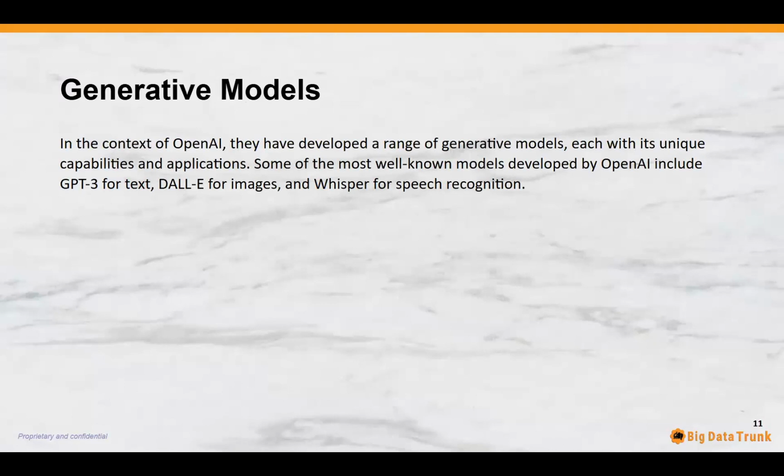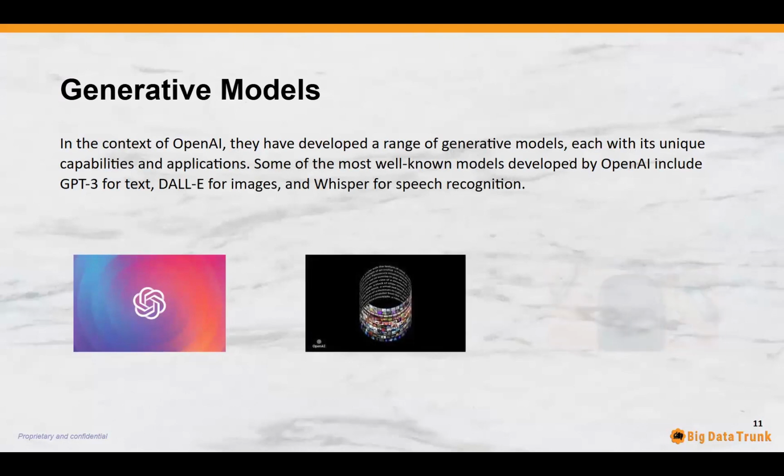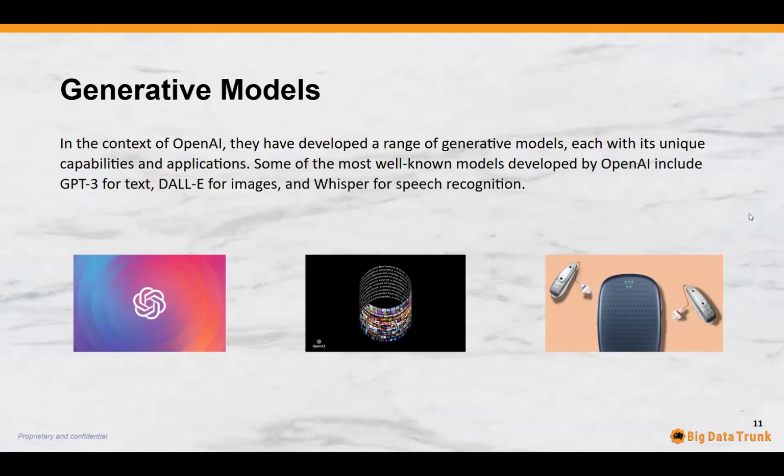Now, some of the most well-known models developed by them, we know, are GPT-3 for text, DALL-E for images, and Whisper for speech recognition as well. So imagine how fast-paced it's going right now. Before going deep into what generative models are, let us understand the timeline of generative